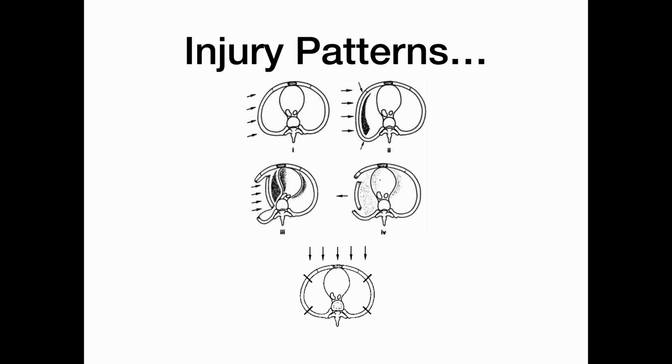A couple of injury patterns, probably more than the three that are suggested here. If you're young, at the top, you'll tend to find that if you've got significant trauma from the side, you'll get contusions to the lungs, but your ribs might not necessarily break. Whereas if you're old, you'll definitely get the contusions, but you'll get broken ribs as well in a flail segment pattern, and your patient will have a bad time. Coming from the front, it's quite common to see bilateral rib fractures on both sides, so occasionally bilateral flail segments can develop, and again, that is not great.